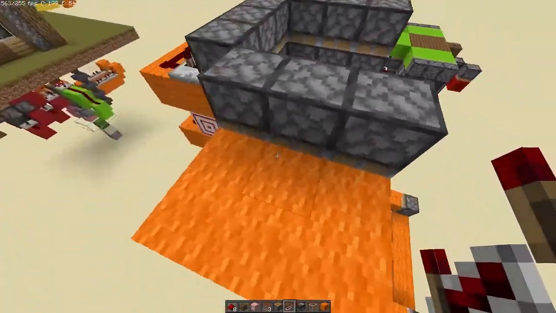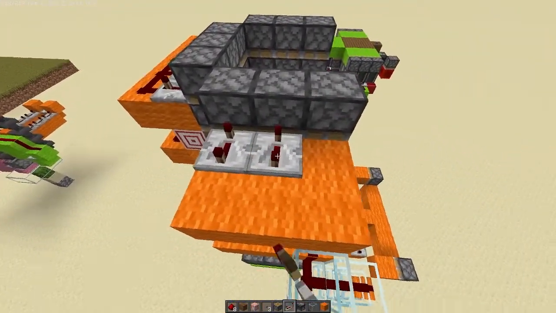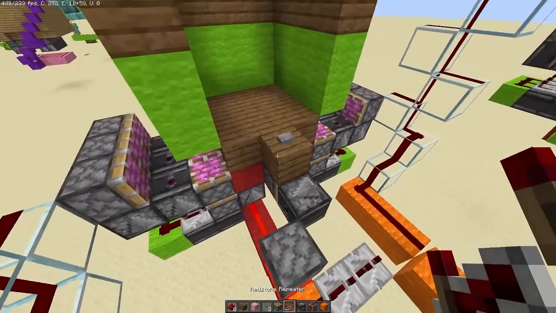So for this left side over here, since it actually reaches the top over here, just set these to 4 ticks instead. And there you go. Don't forget to connect these pistons up too. I almost forgot. So now when we press this button...